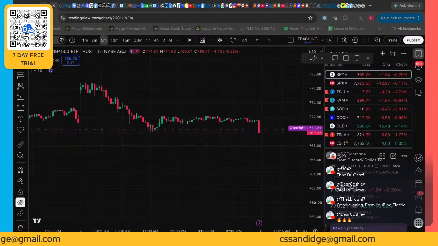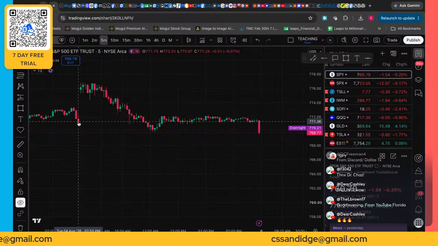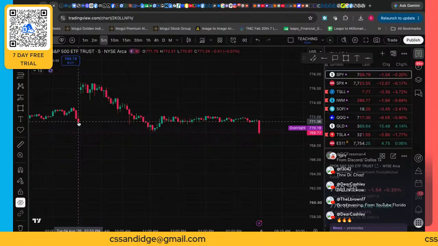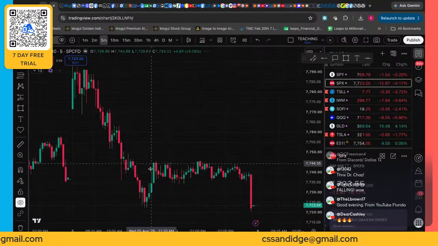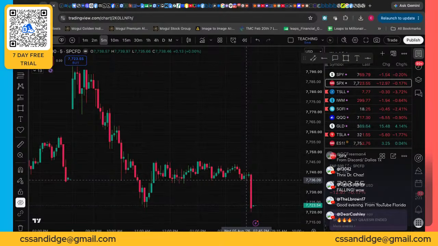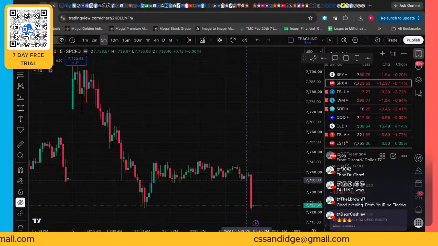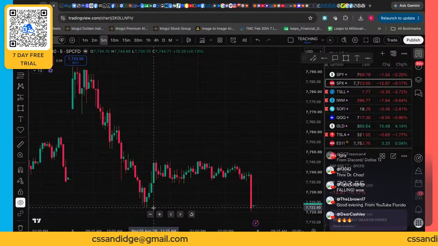So again, this is what was broken down in Discord, and I'm showing you the setup before we even get here. Now again, I was disappointed this afternoon because I tried to take my SPX put yesterday with $20. Boom, it went straight to $1 because it didn't happen fast enough and I wasn't close enough to the strike. But when I was looking at SPX today and I saw this thing consolidating at 7740, I said, man, that 720 looks so sweet. But man, if we don't drop, that thing is going to get eaten up. So I was nervous, but where did we go to? Right down to the levels.